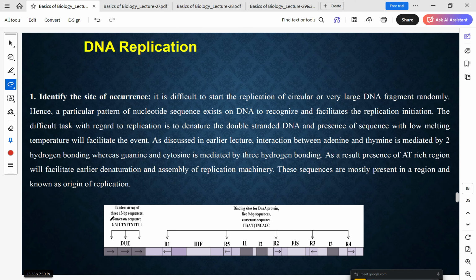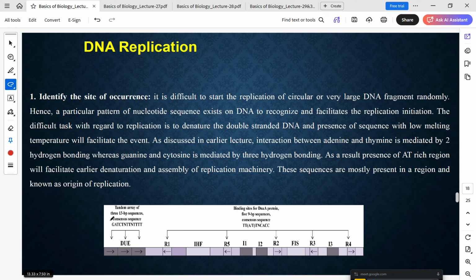Okay. Because the DNA sequence is very long, it is kind of difficult to find the site of occurrence. So there are specific sequences that are required for the enzymes to locate where to start the DNA replication. So how does it know where to start? Since we know from previously that